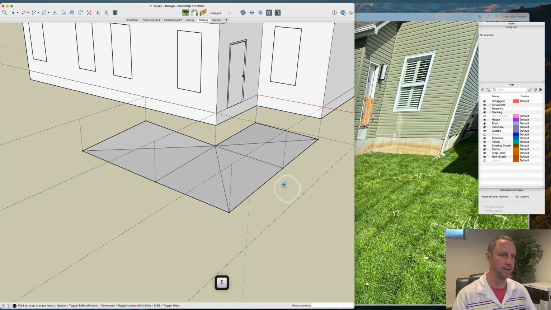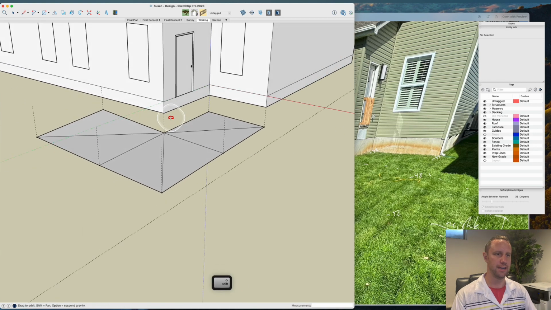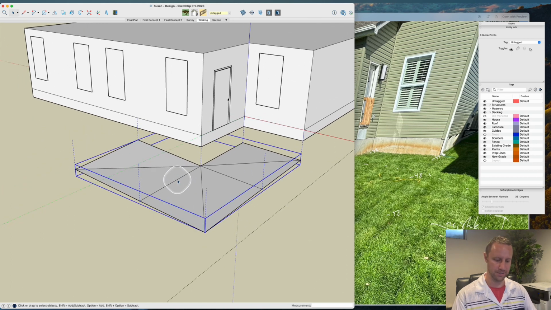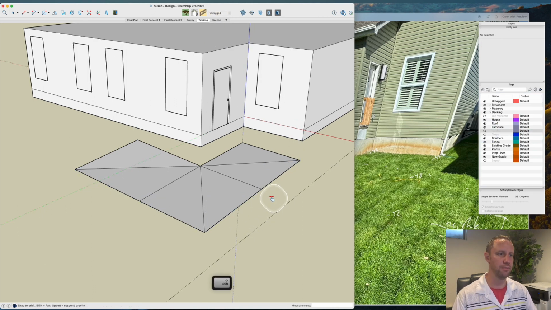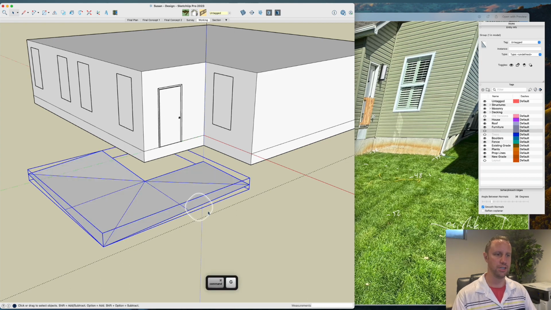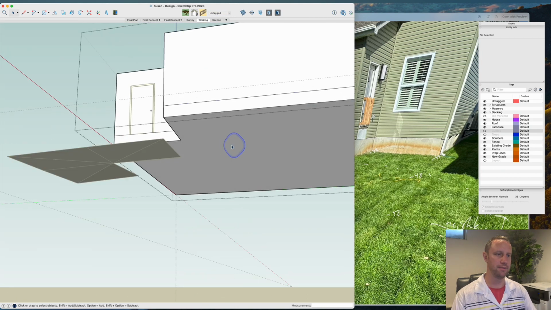Okay, we've got existing grade. I'm gonna get rid of these cross lines, and just out of good habit, I'm going to grab the elevations here. We're gonna put them in a group. Probably won't need to ever see these again, but it's a nice habit to drop them on a tag. I'll call it guides, and we'll hide guides while we're doing our model. And we got our mesh, triple click, Command G to group, and let's come into the house and draw the